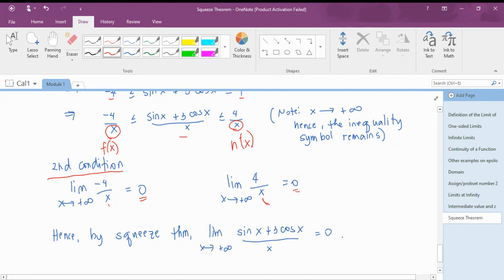Okay, so nasatisfy din natin yung second condition na yung limit ng f of x natin ay equal sa limit ng h of x. So by squeeze theorem, yung limit ng sin x plus 3 cosine x all over x as x approaches positive infinity is equal to